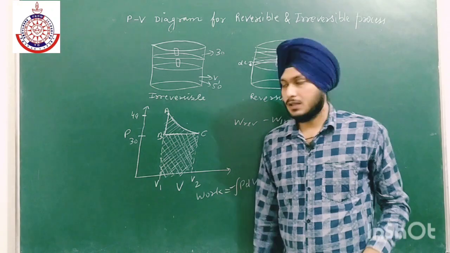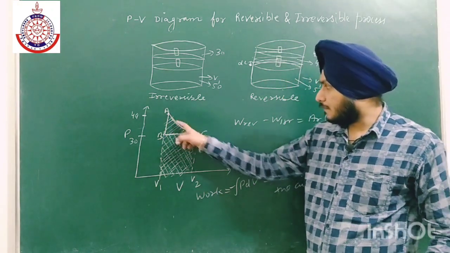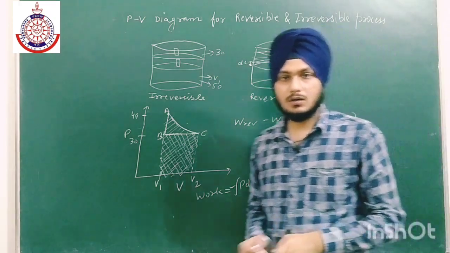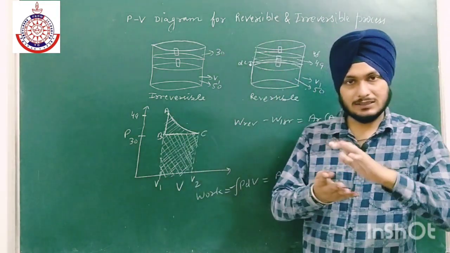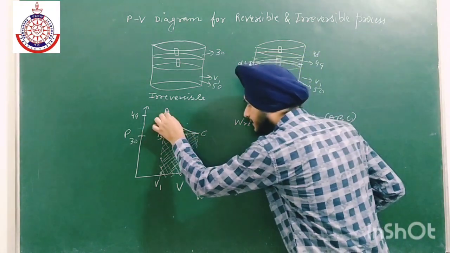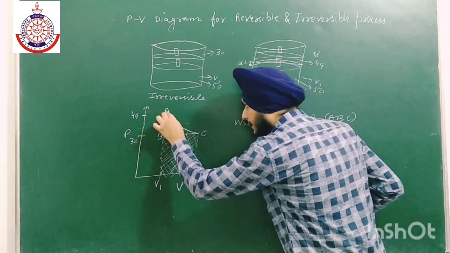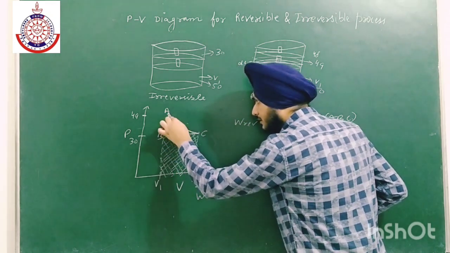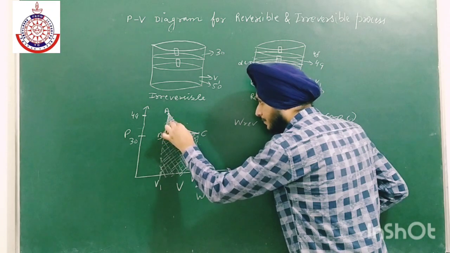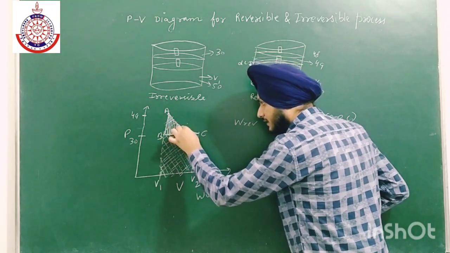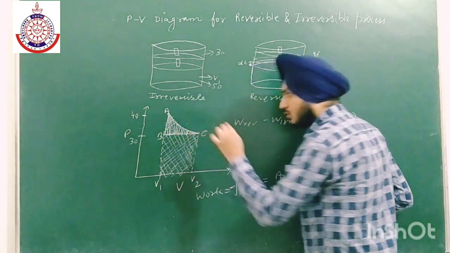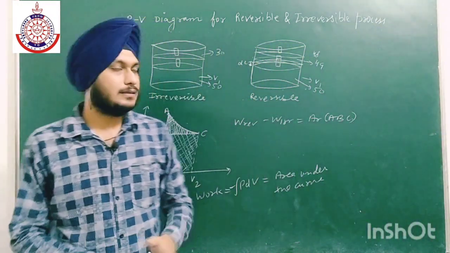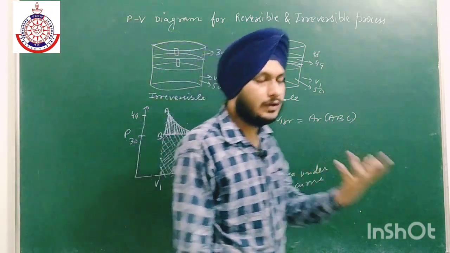Now why do we get a sharp, very clean curve? Because the steps are so small that they coincide with each other. Like the first step is like this, the second is like this, and again the third is like this. So the steps are so continuous that we will get a clean curve. They coincide with each other. The steps are so small and there are a large number of steps. That is why we say that a reversible process takes place in an infinite number of steps.